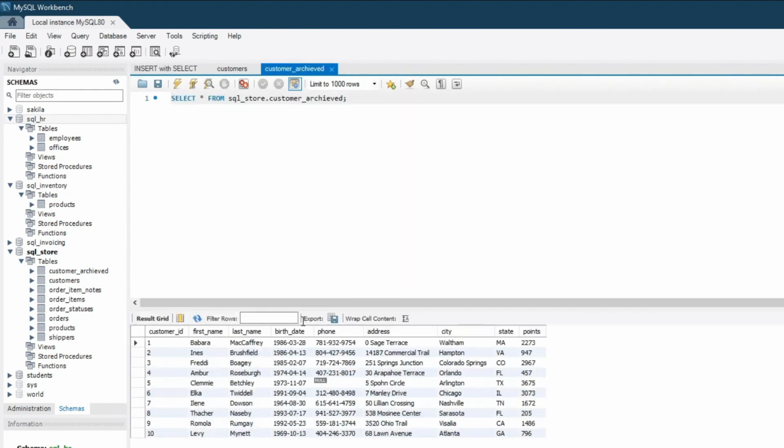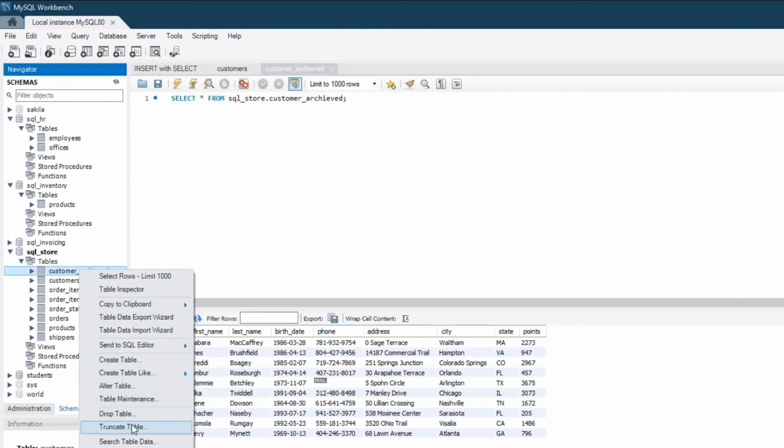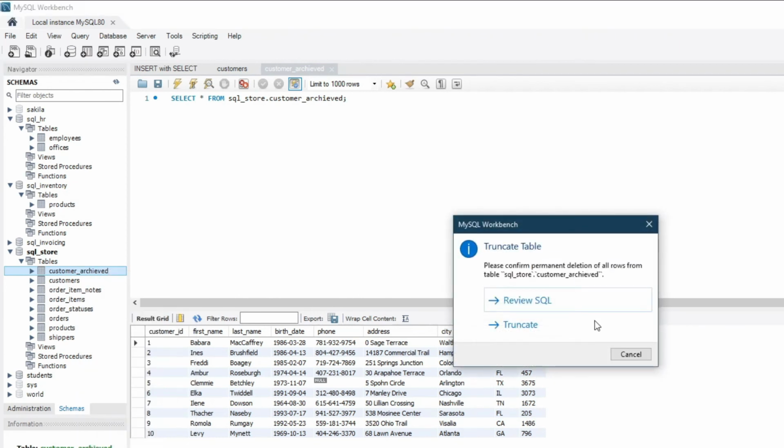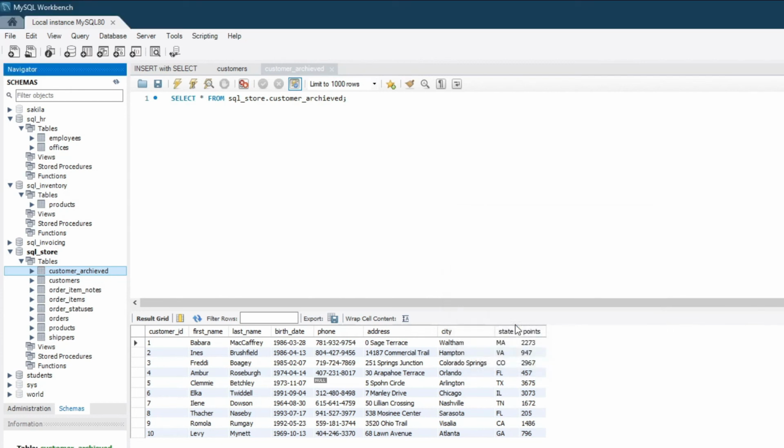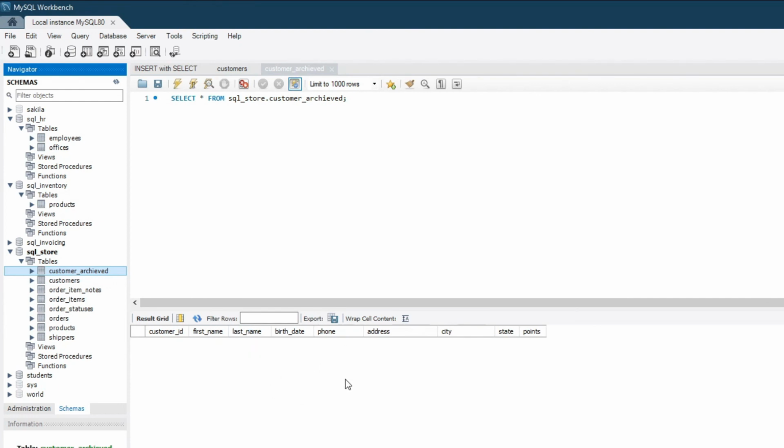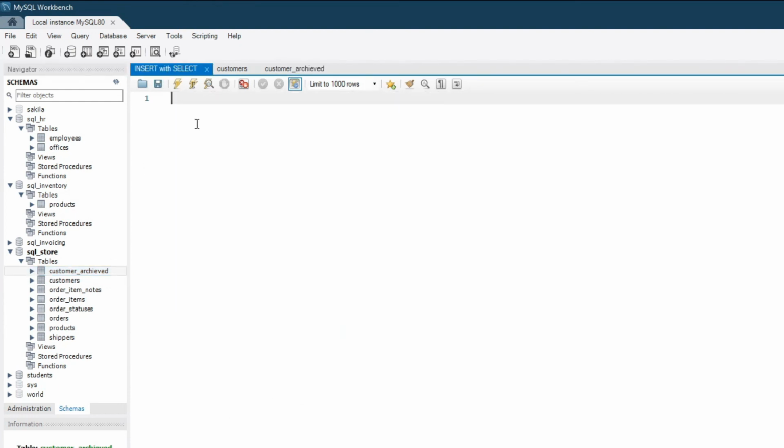Before that we have to remove all the details from the customer archive table. So for that you just need to right click over here and click on truncate table. Then confirm that you want to delete all the rows from the customer archive table. Yeah, truncate. Great. Now if you click on refresh, you can see there is no data in this table. So now let's write select. First of all we need to use that database, so it is sql_store, and then select star from customers